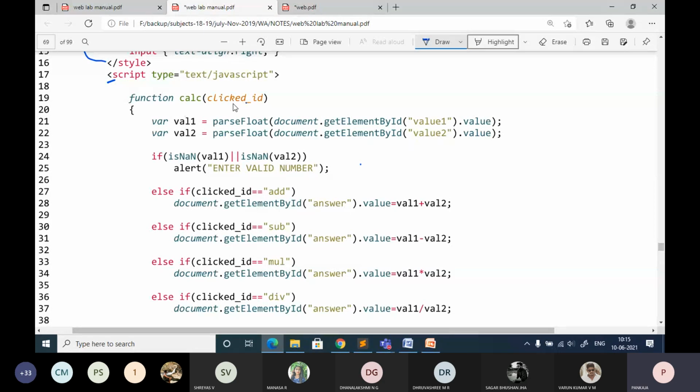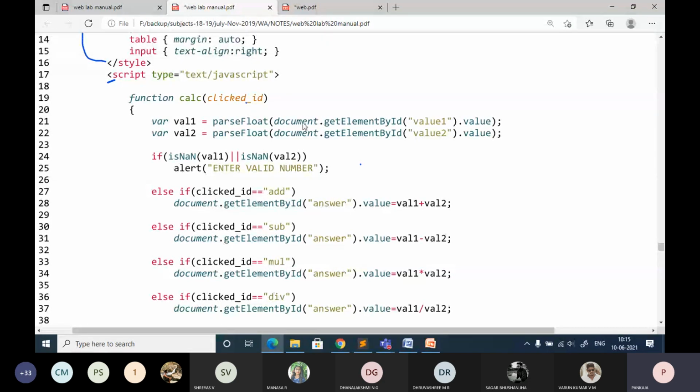Then it is going to read the values. Within this function, before the addition starts, it is going to get the values. From where? So parseFloat. Why parseFloat? What is the meaning of this? I have already explained, all these functions are already explained. I am just focusing on the calculation. What exactly is parseFloat?